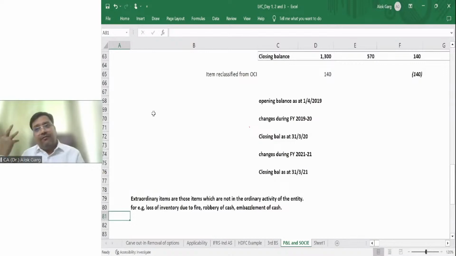Like in Japan, there are a lot of earthquakes. Right? In some countries, there are a lot of floods. So IFRS is a global concept, and IFRS says that if you run the business, nothing is known as non-ordinary. Right? If you run the business, you will suffer losses as well. If you run the business, you may lose your customer, or lose your cash due to